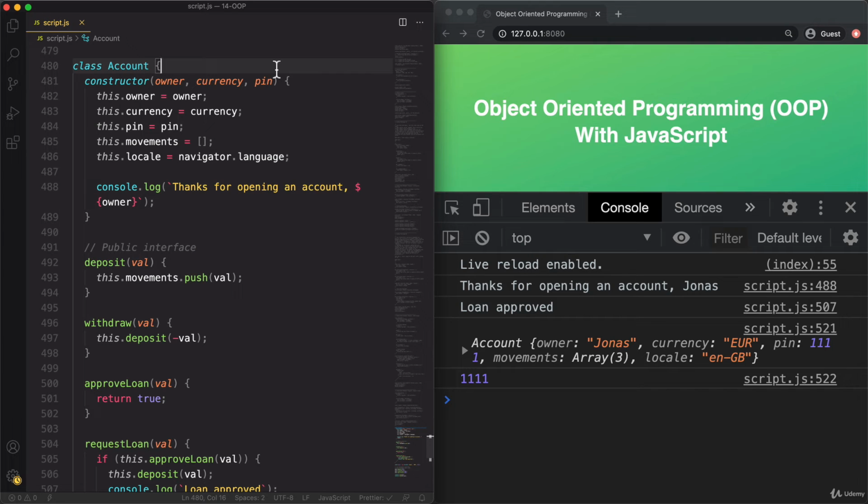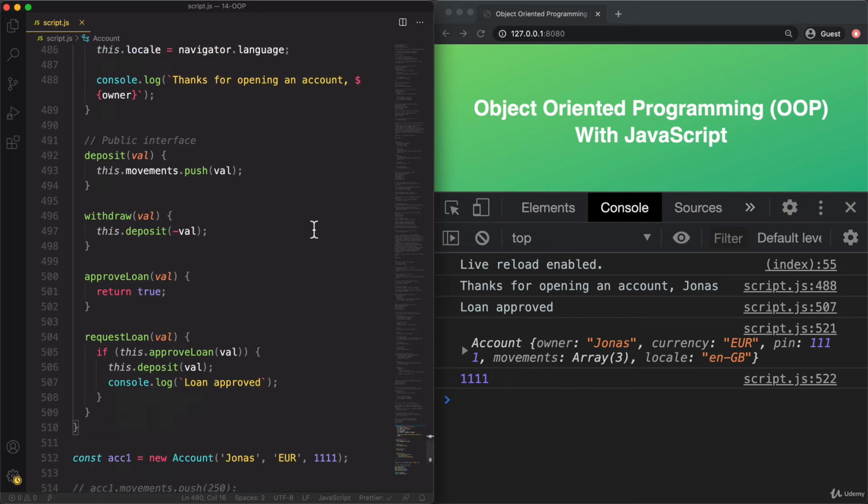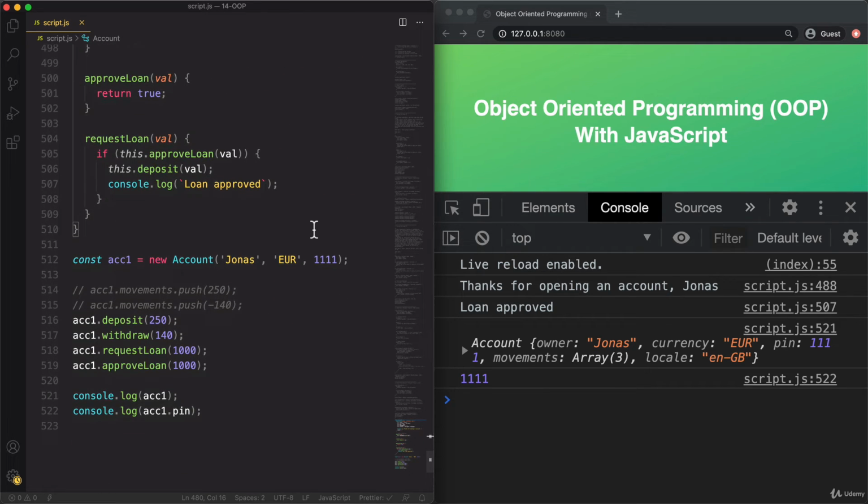Now, there are two big reasons why we need encapsulation and data privacy. So first, it is to prevent code from outside of a class to accidentally manipulate our data inside the class. And that's exactly what we did by the end of the last lecture here. So this is also the reason why we implement a public interface. So we are not supposed to manually mess with this property, and therefore we should encapsulate it.